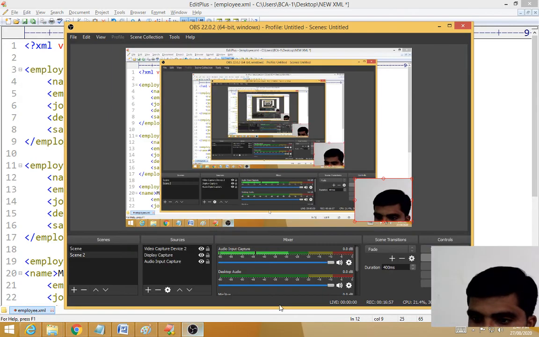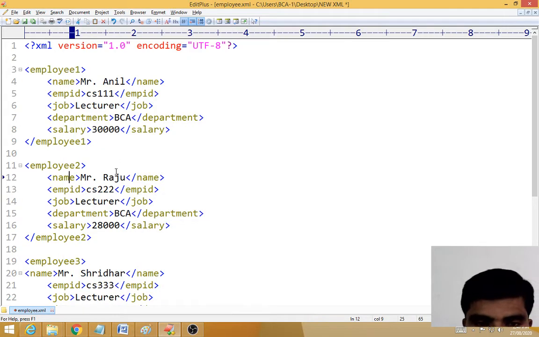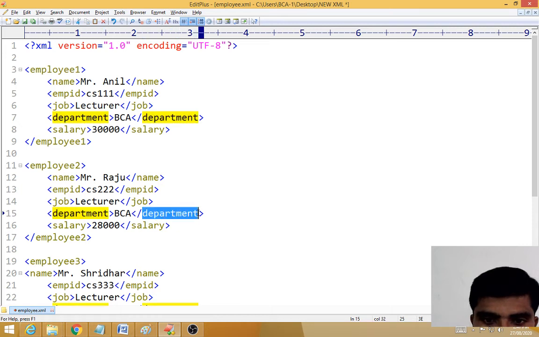Just a minute. Employee name, employee ID, job, department, all are department. Then salary is the same.